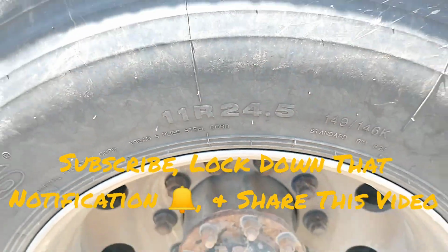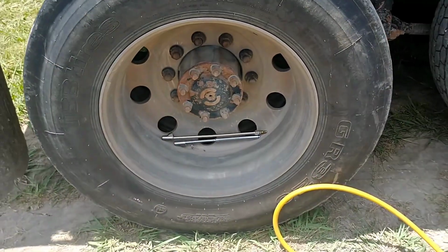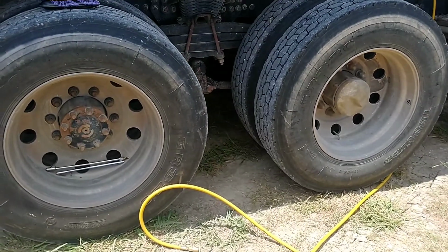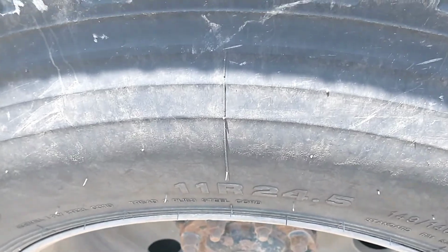11/24.5 tire. In case y'all don't know what size that is or what kind of tire that is, that's a tractor tire. That's big truck tires, know what I mean? So